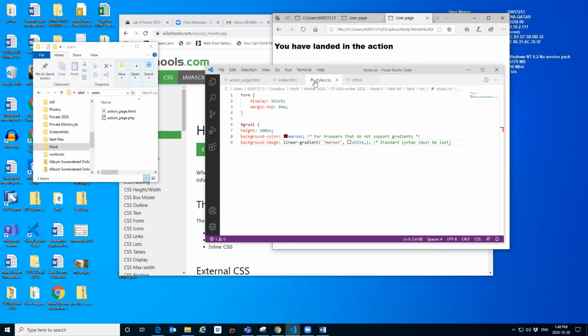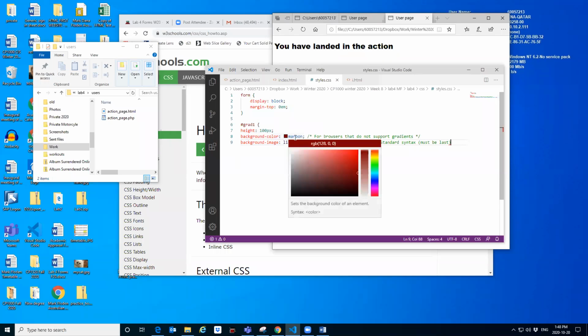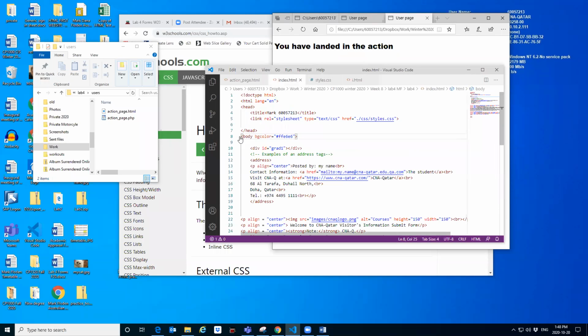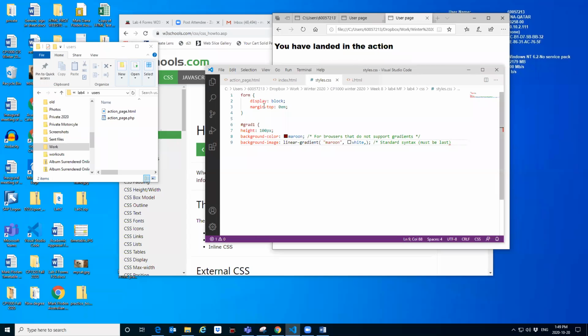Oh, well, no, of course, this one doesn't have it, it's got the background color maroon. But that's only for grad 1. Of course it doesn't work. Excuse me, sir, sorry for interrupting. The color for pink wasn't in the CSS. It was inline, so that's of course why it didn't change. If I look at the style, that's only for the form and for grad. We don't have those. So if I did a body tag here,